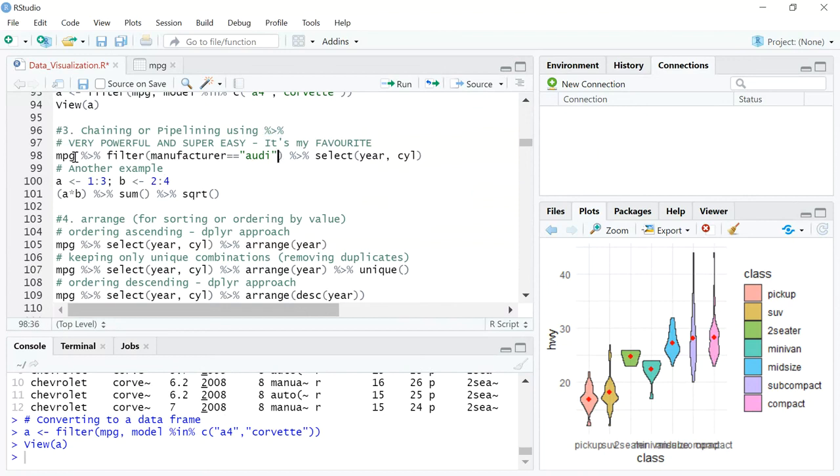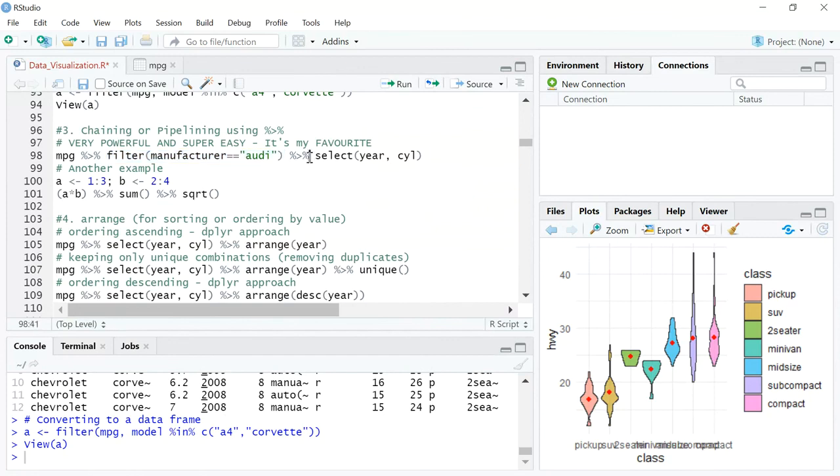So for example, let's say you have got a data set MPG, right? Now you want to filter out just Audi. So you will just say MPG, then use the percentage greater than percentage sign for the chaining function, and then you will say filter, row column name equal to the value you want.